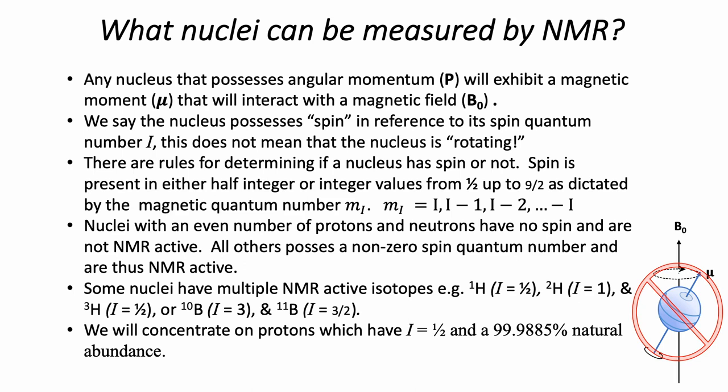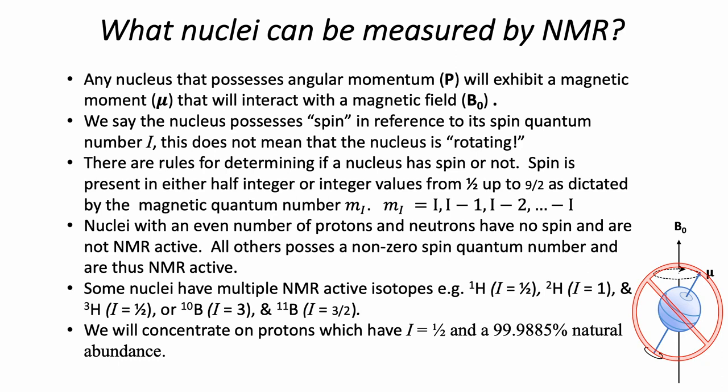And luckily, protons have a 99.85% natural abundance. So it's the most sensitive and strongest NMR signal that you can get out of any nucleus. There are, like I said, the rules for determining whether something has spin. Nuclei with an even number of protons and an even number of neutrons do not have nuclear spin, and so they're NMR inactive. Unfortunately, the next most common thing that we would love to look at as organic chemists is